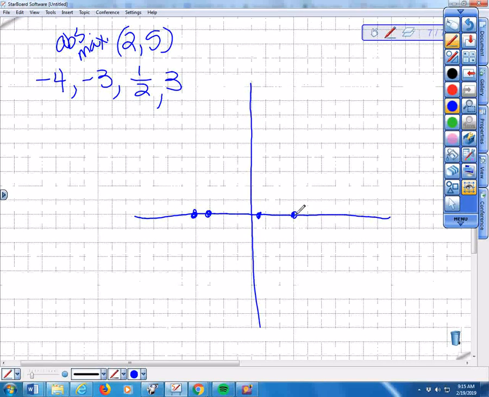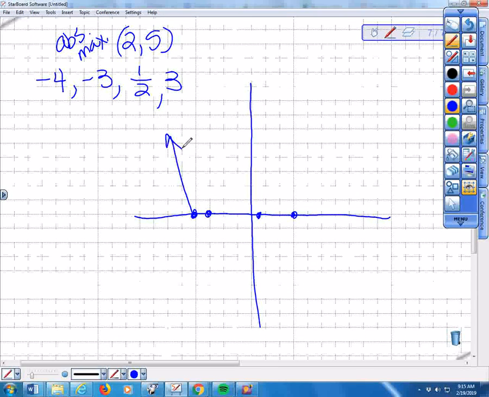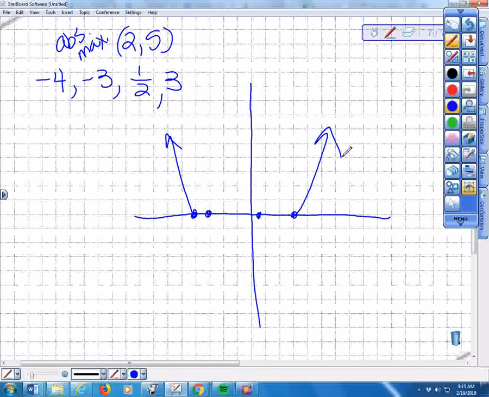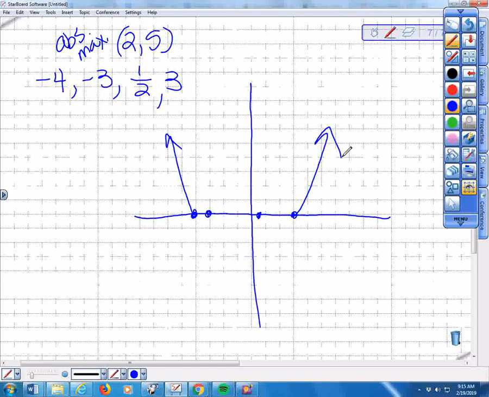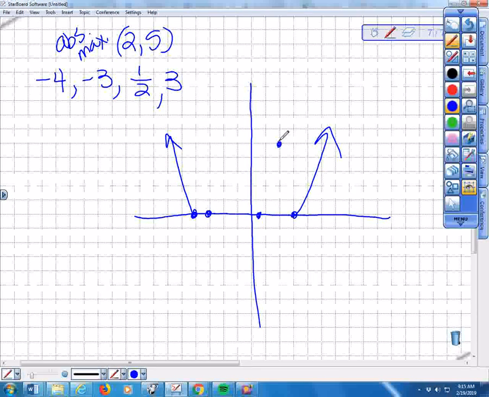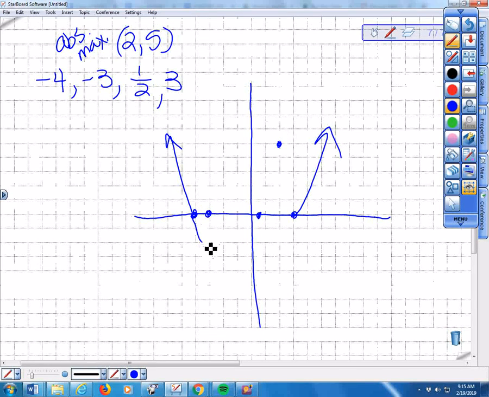I know ultimately this is going to shoot off up because the end behavior is it's a fourth degree. That's going to go up. I also know I've got a local maximum at (2, 5). So I'm going to have something that shoots like this,